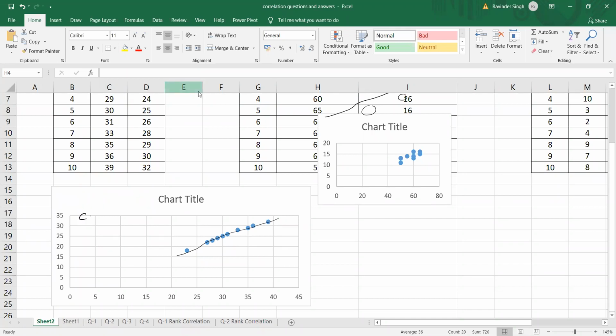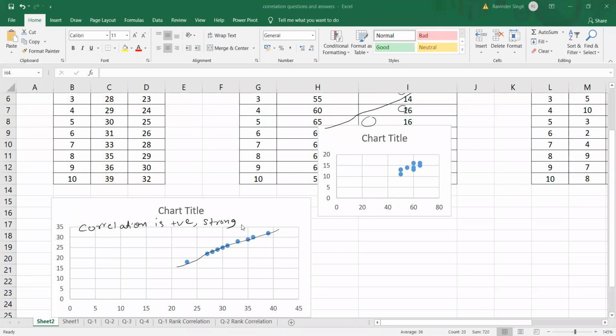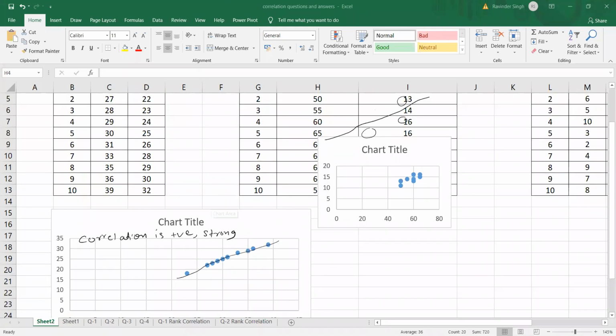So what we can see here is that the correlation for data 1, the age of husband and age of wife, is very much positive because it is going in a positive direction. It has a very strong correlation. So the relationship between age of husband and age of wife is a very, very strong correlation. But what is the value of R? That is not known yet. What is the relationship value?